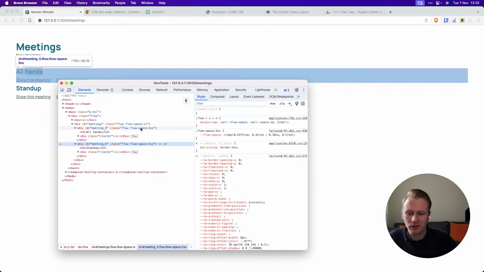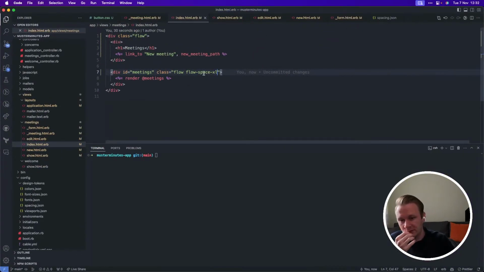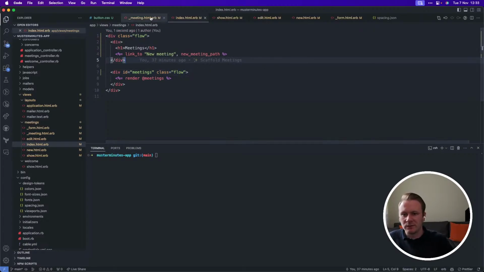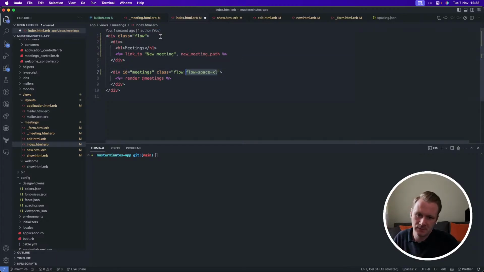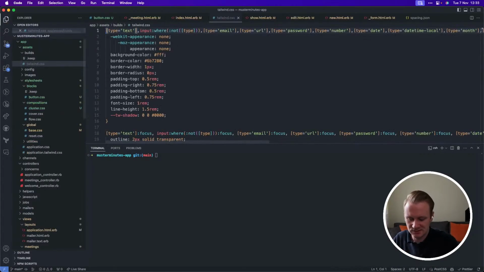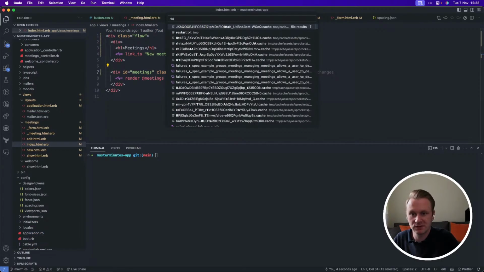flow space isn't really working how I hope, because it kind of affects the wrong thing. Really it wants to only affect the children within, not the thing itself. Unless I just use it in a different way, actually. That's the other way I could think about it. But I kind of like thinking about it like that, so let's just see if I can not tailwind the file itself, but